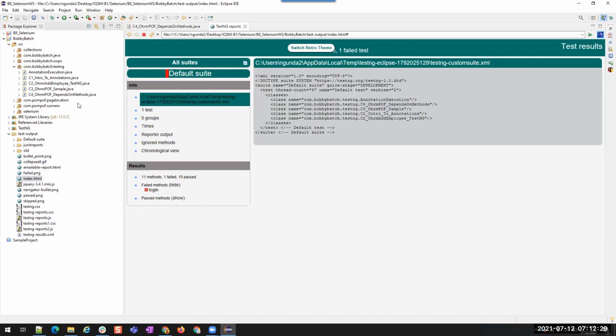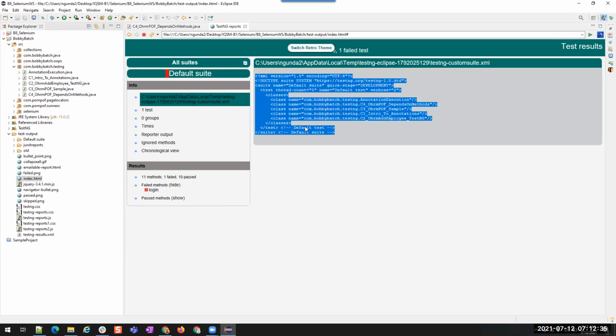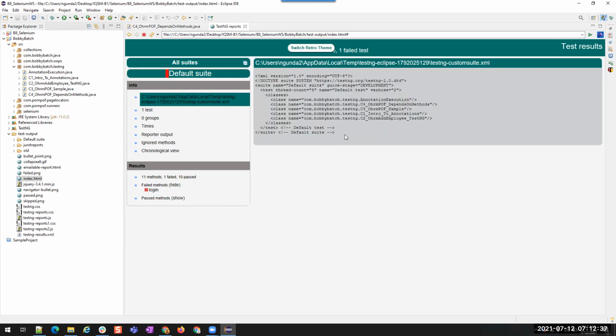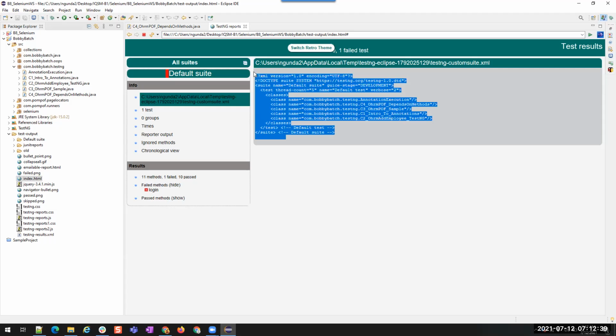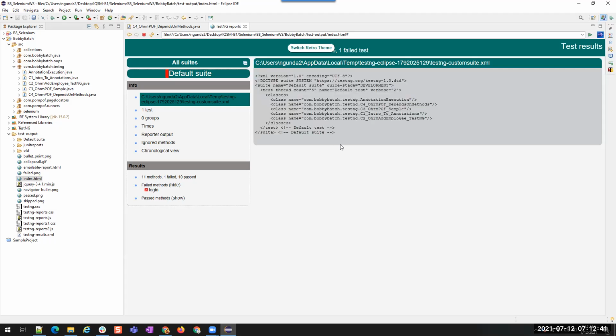So now, if you want to perform batch execution using your own customization, this is the default XML provided by TestNG. But I don't want to have this default XML. I want to have a customized XML file so that I can play with TestNG. So in that case, we will create an XML file inside this project and we will mention whatever we want.